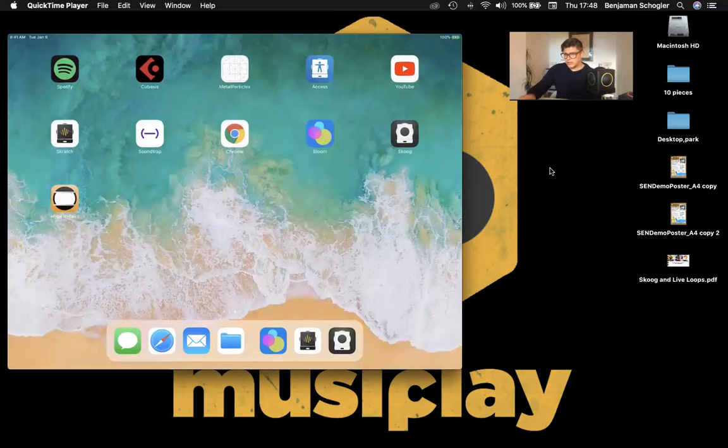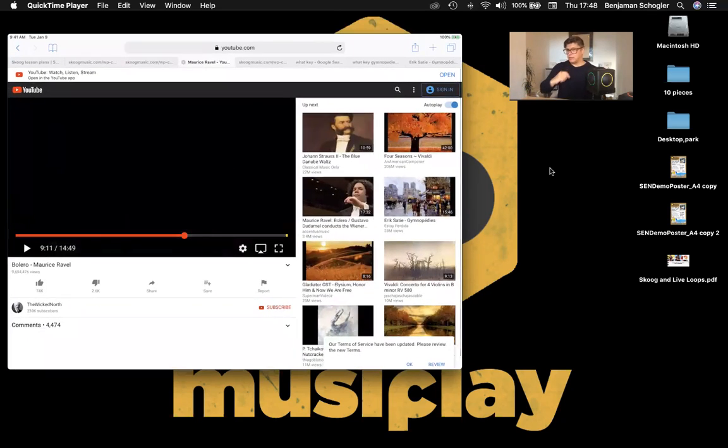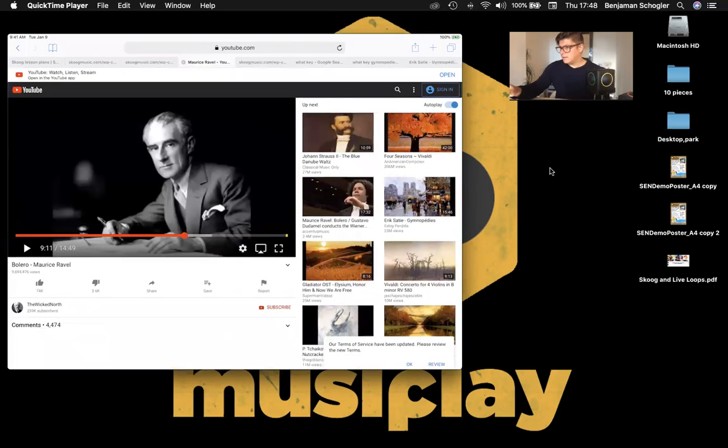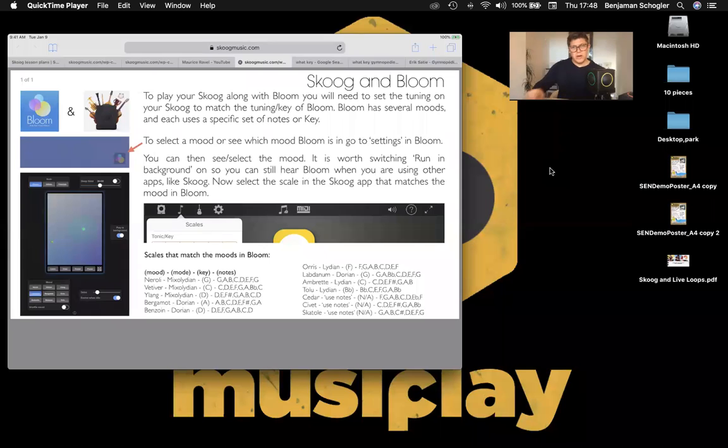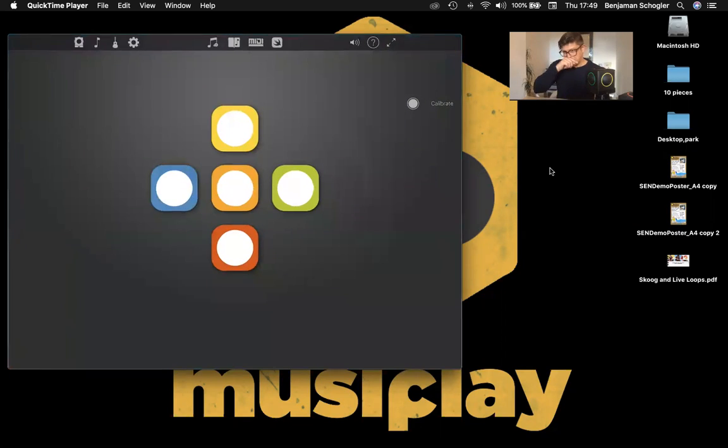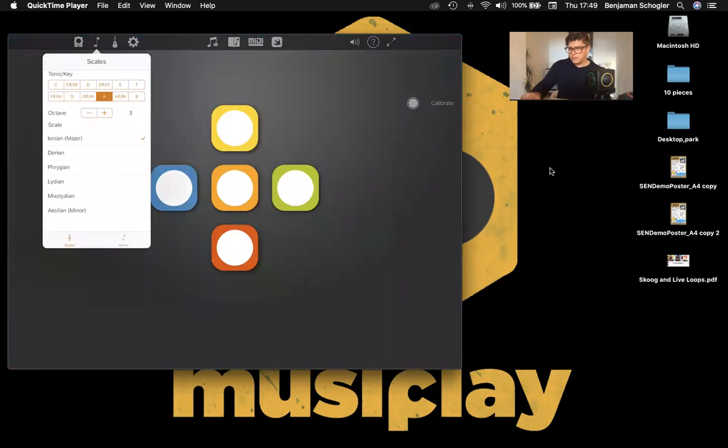Now, what we've done at Skoog is we've spoken to the guys that do Bloom, and we have created a worksheet that tells you what key on Skoog to set it to be able to play with these different modes. So it's in Neroli, so I need G Mixolydian. So again, go to my Skoog, go to my notes, Mixolydian, G. So now